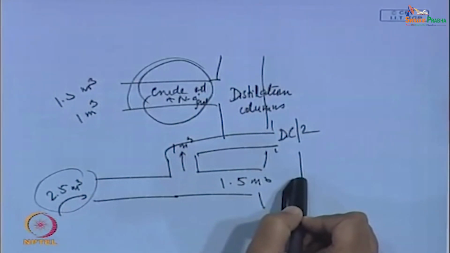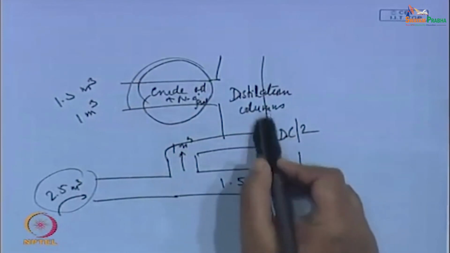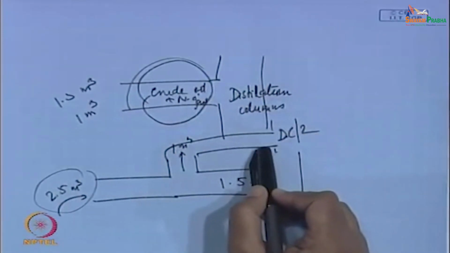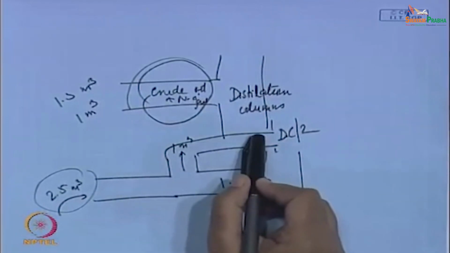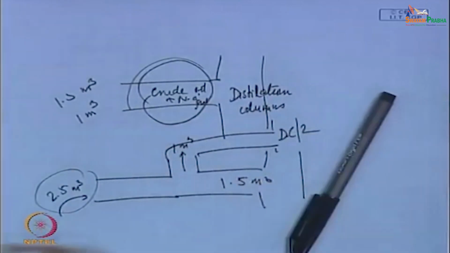In that case, what is going to happen? DC1 is already existing. So distillation column 2, DC2, will only have to be constructed, and these pipe fittings are quite cheap. So with another DC2 we can just perform the distillation operation, it is not going to be much of a problem. But when they started doing this, what they found out was the main problem,